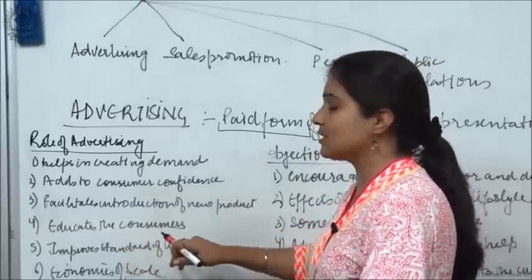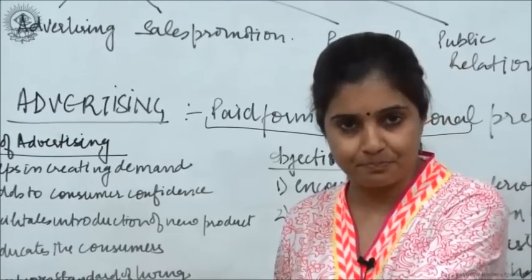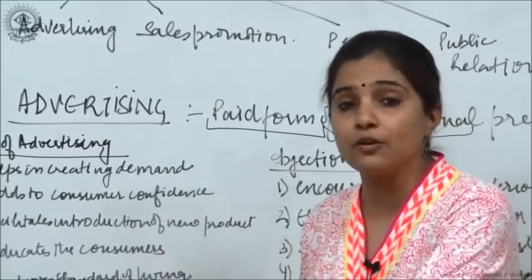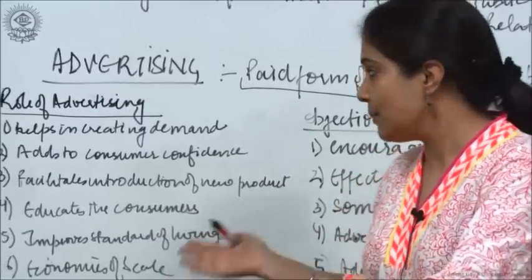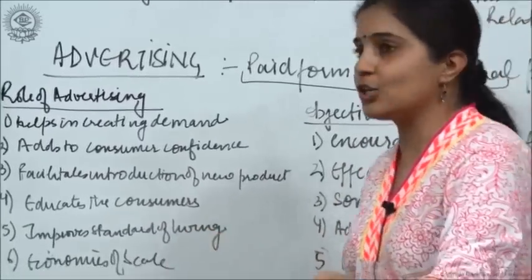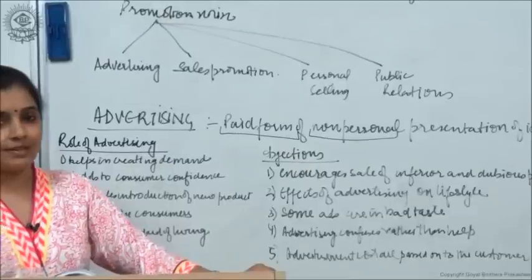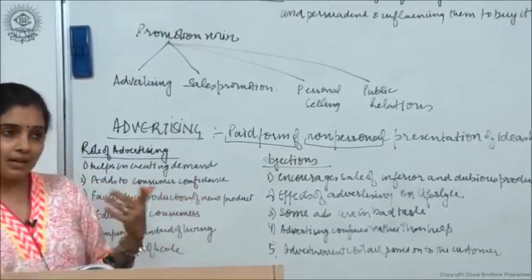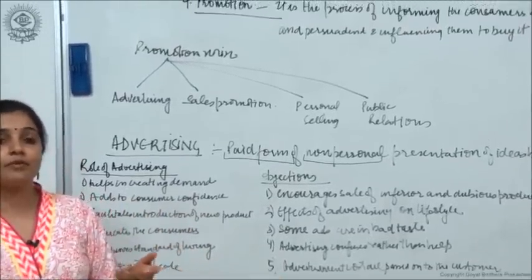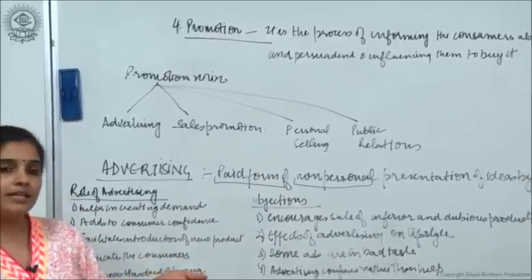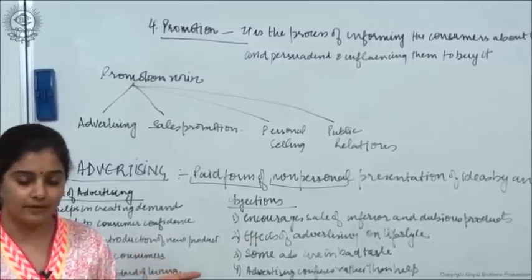It educates the consumers about the uses of the product, and the availability of the product, from where all they can go and buy the product. It improves the standard of living by showing the ads of the different products. Advertisement creates a kind of urge in the consumer to go and buy more. And thereby, अच्छे products की advertisements आएगी अगर, we would want to use those products, that is indirectly going to lead to an increase in the standard of living.